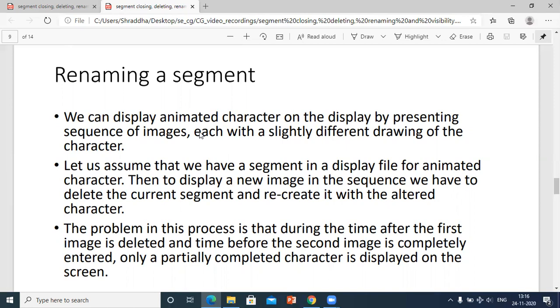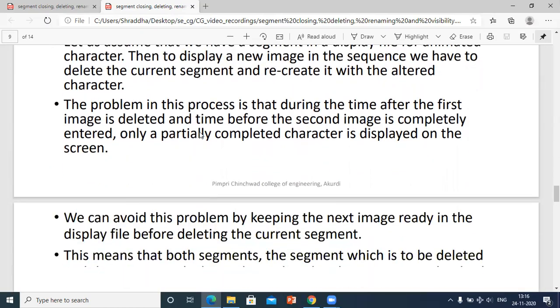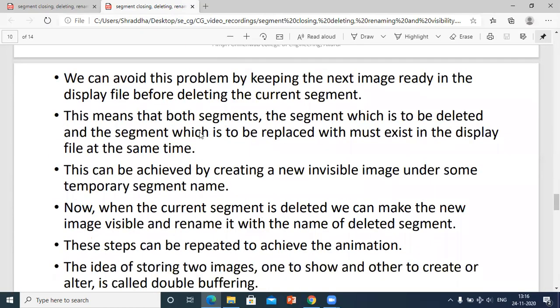When the first character is deleted and the second character is entered into the segment, the whole image is not displayed, but a partial image is displayed on the screen. We can avoid this problem by keeping the next image ready in the display file before deleting the current segment. So this is a very good idea.